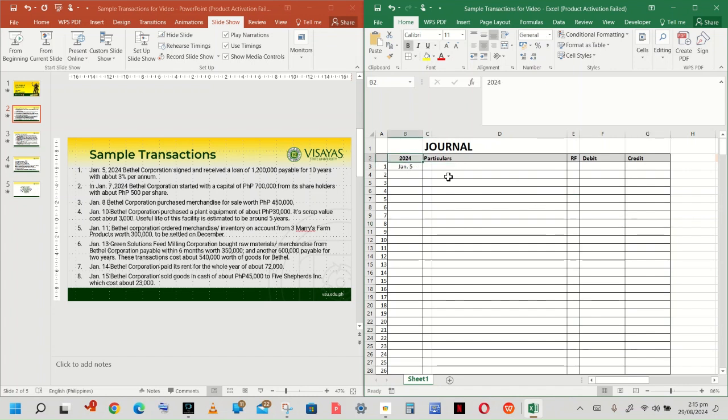Okay, so here's the journal. We write the date here, so we will be utilizing Excel. We already wrote the year and the date for the first transaction. It's January 5. And then for the particulars, the first transaction that will be encoded is